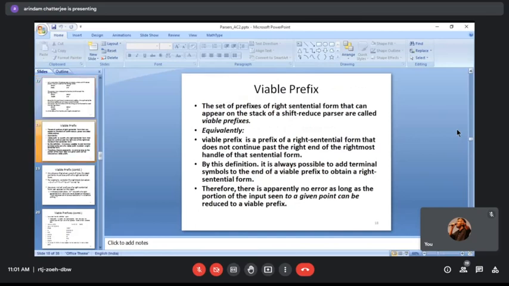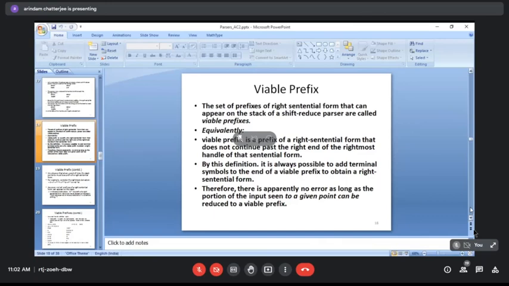We have also seen a very important concept known as viable prefix. We have seen that the stack, when we are pushing those symbols onto it, always contains a viable prefix which can be reduced. So you don't need to go beyond that viable prefix to look for a reduction.